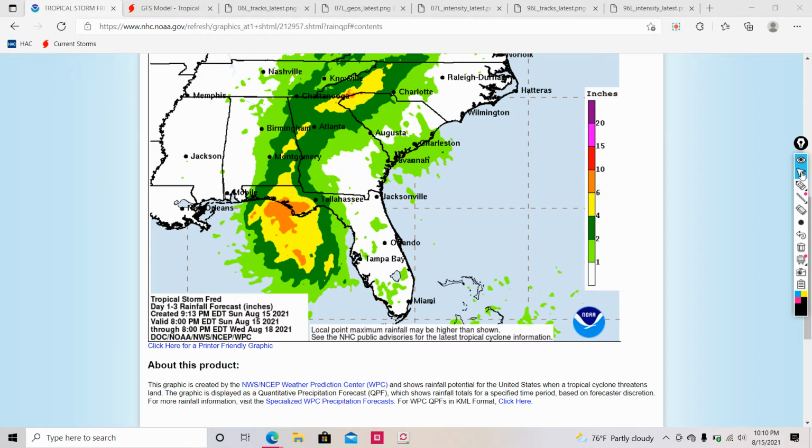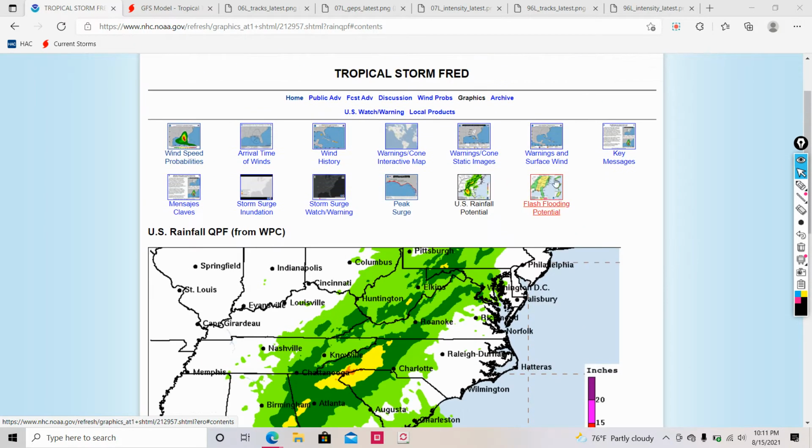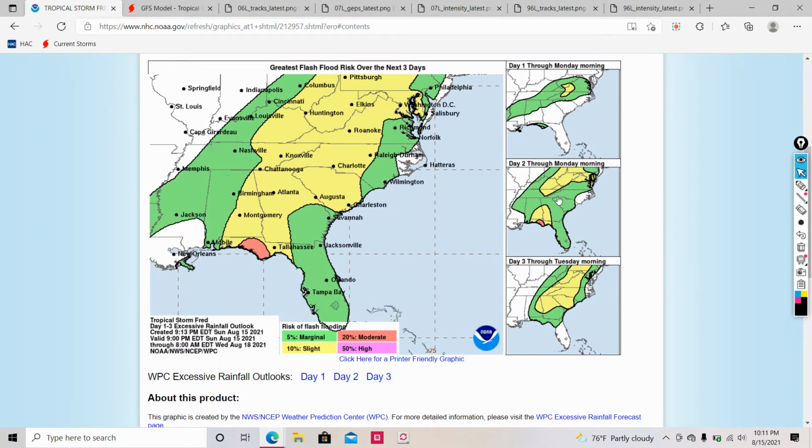So if you do live in the Blue Ridge Mountains and where the landfall for the storm is going to occur, expect some flash flooding to be possible. Let's take a look at the flash flooding potential. As you can see, most of the southern United States are under a 5% marginal chance of flash flooding, and